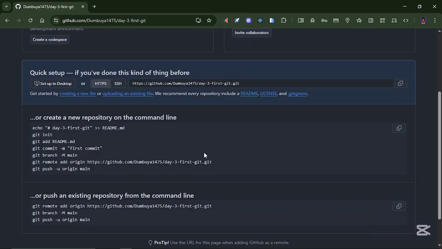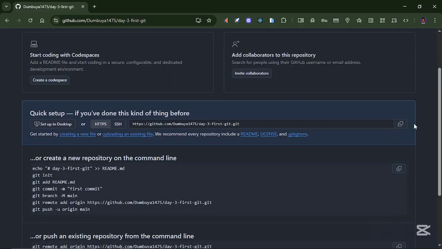This is the quick setup if you have done this kind of thing before. So now you can copy this. Mind you, you get HTTPS and SSH. If you click on SSH, the whole setting will change and make it difficult again to move on with this video. So make sure HTTPS is always selected. You can copy the code, and your username will be the one used to create your GitHub